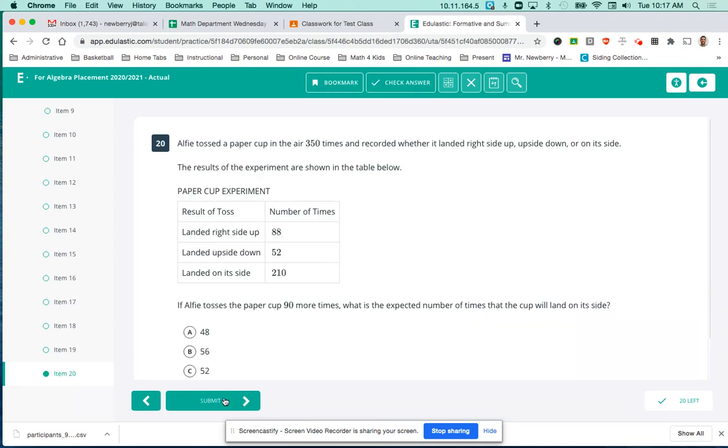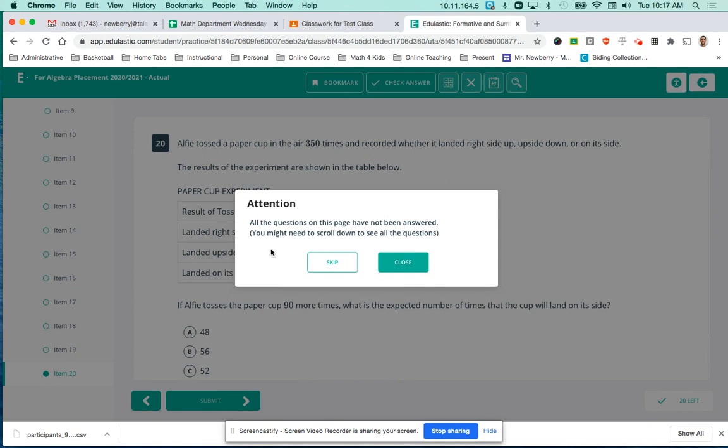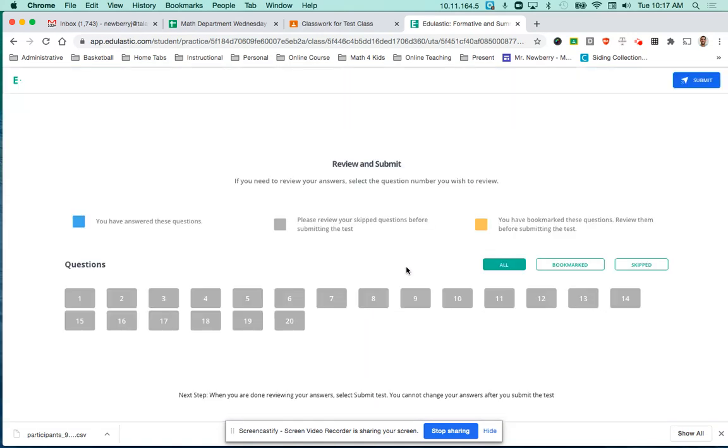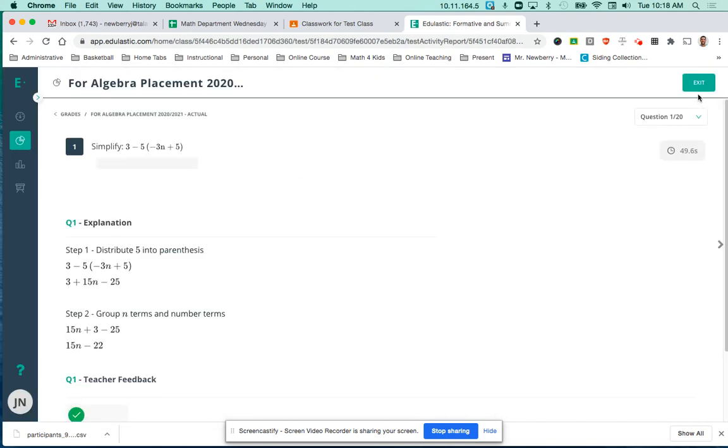all right, you just click submit, and it'll tell you if you've forgotten to answer some questions. So you may need to actually go through and just figure out which questions. I think when you answer them, it'll fill it in so you know that they've been answered. But once you know they're all answered, you can submit it. And after you submit it, it'll actually tell you how you did, okay? Oh, nope, submit's right up here. So I go click submit, top right, it submits it, and